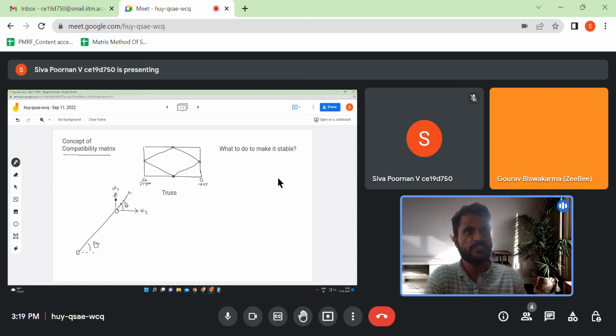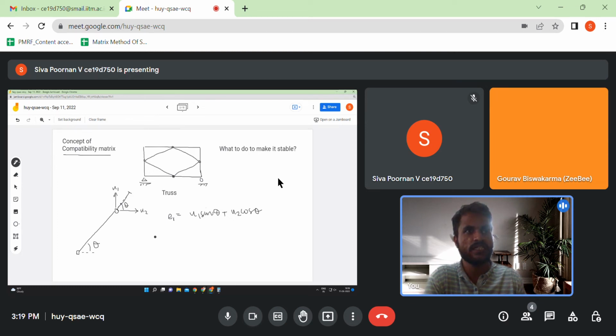Because if this is theta, this will be 90 minus theta. So we know that the elongation that is happening, let me denote it as e1. e1 is equal to u1 sine theta plus u2 cos theta, right? But this is not the elongation, because elongation is whatever elongation is happening this side minus whatever is